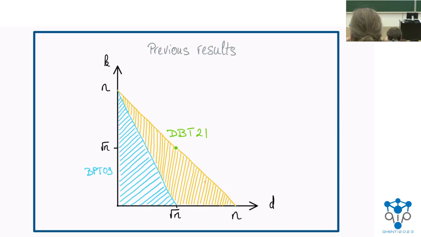But they did not consider the possibility of doing classical computation, because indeed you might do some operations that are far apart, and then combine the result classically in your all-powerful quantum computer, and then obtain a correction that would be better without this classical communication. And in 2021, Delfosse, Beverland and Tremblay showed that indeed, if you have access to classical communication, you can reach this point there. And this naturally leads to the question, okay, well, if you include classical communication, or classical computation even, what does that give? And so our result essentially for 2D shows that what you're limited to is this yellow region.